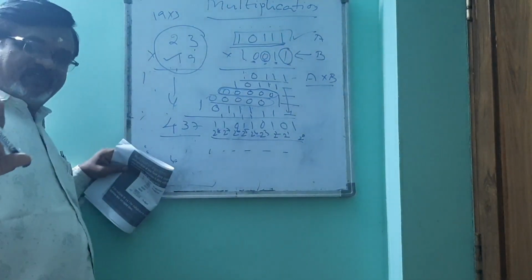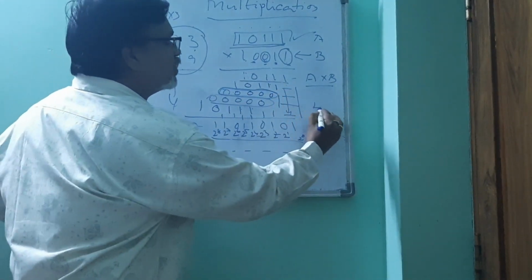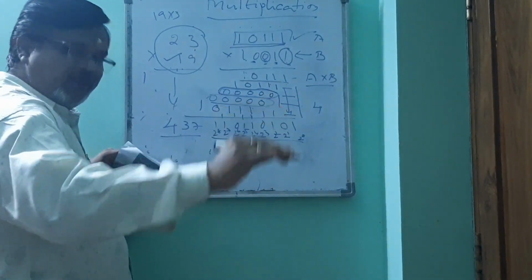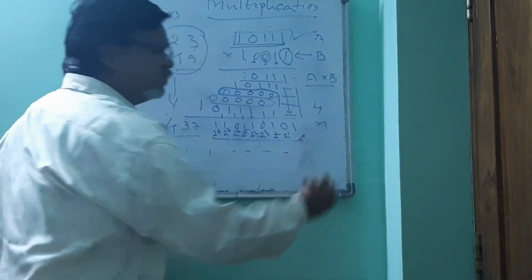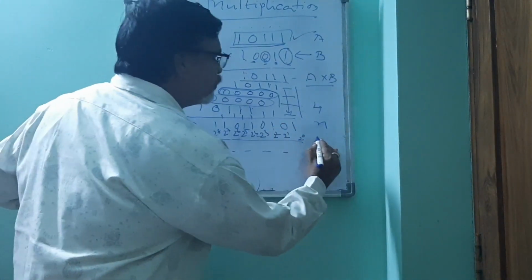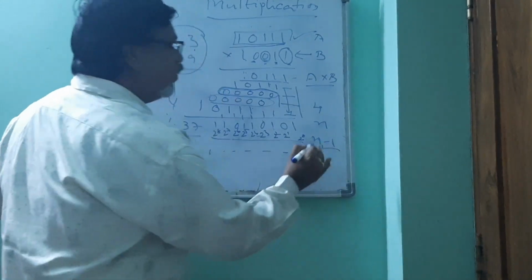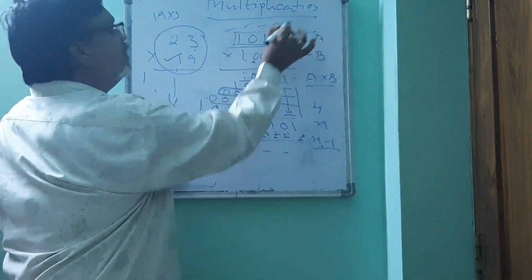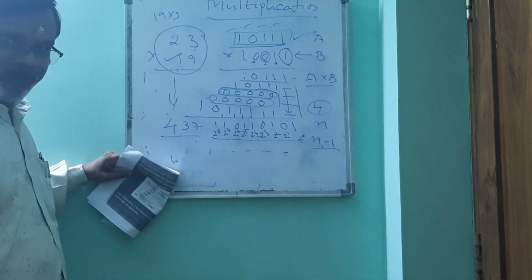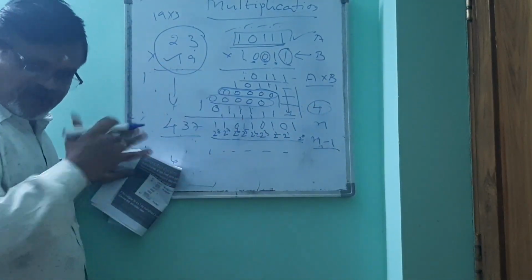Where there are 5 digits in the given number, how many times do we perform shift left? 4 times. So here, if a binary number contains n bits for multiplication, we have to perform the shift operation n minus 1 times. So here 5 bits are there, we have shifted 4 times. First point you have to remember. Then shifting, you got it. How many times do we have to shift left?